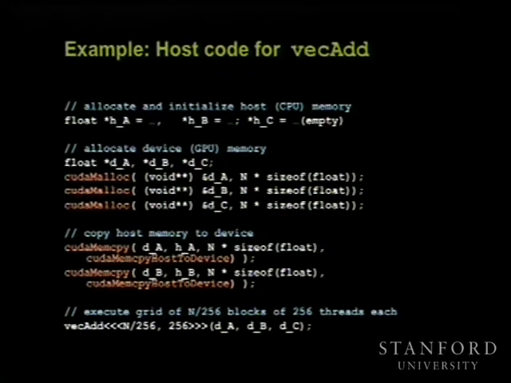Again, you do that for all your inputs. And again, for robustness, you want to check that that worked out. Here we're assuming that it worked out. And note here that your pointers are just normal C pointers, or so they seem. But the pointers that you pass to cudaMalloc now point to somewhere in GPU memory. So if you wanted to dereference them on the CPU, I can basically guarantee you that you would crash right away,